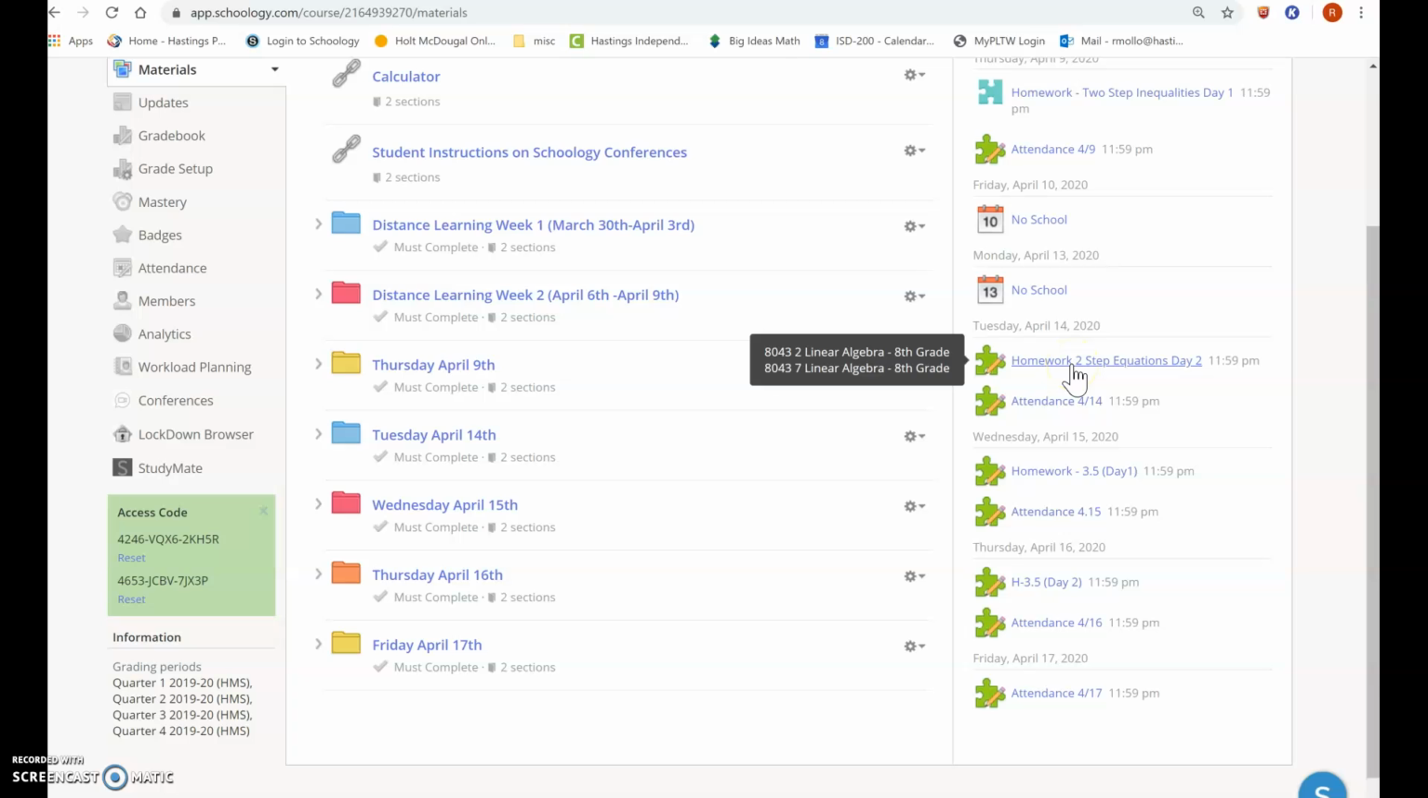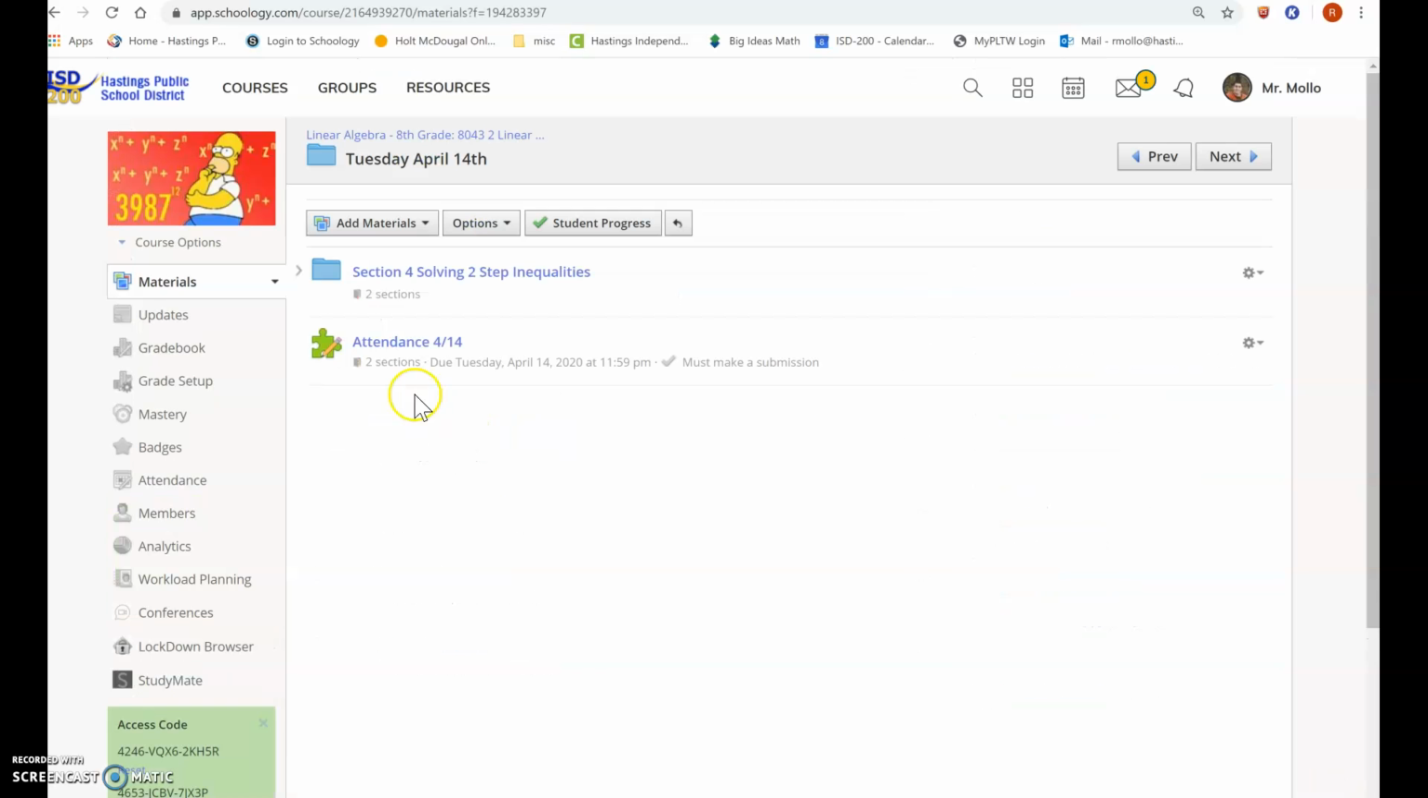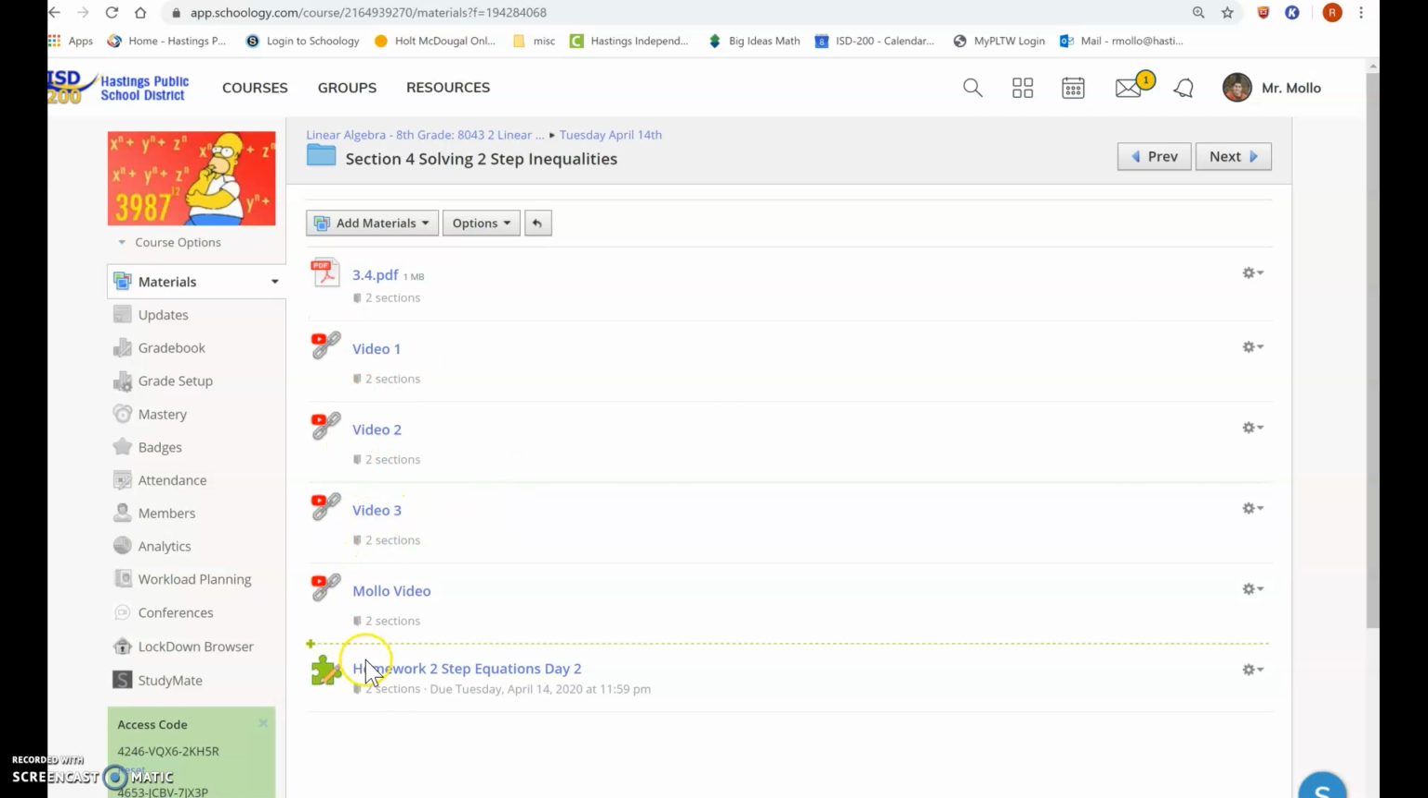If they just want to do a quick glance, they can click on the homework and get started with it right away. If they would like more instruction on it, they can click on the actual folder. And then there's resources and videos and things in there. And the homework is in there as well. So again, a couple different spots that they can see it, or if they really want, they can just go to their calendar